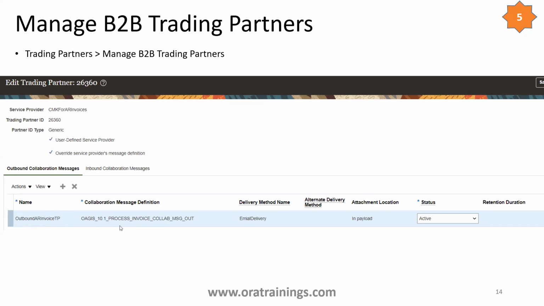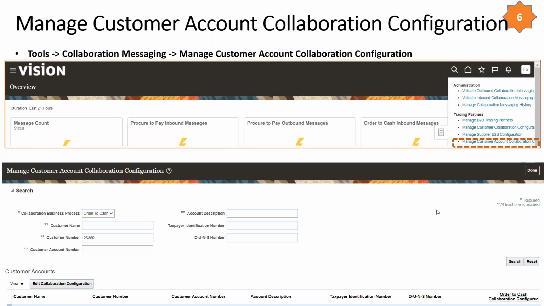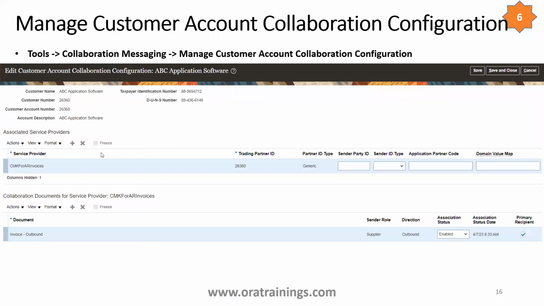And this again, you select the appropriate collaboration messaging definition, and then select the delivery method and make sure the status is active. This is the fifth step. And coming to the final step, we have to do a linkage between the customer account as well as the trading partner information. Just search for your customer account number, click on edit collaboration messaging, and then here you